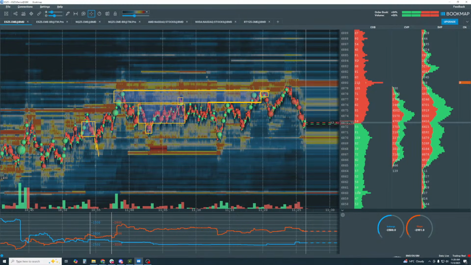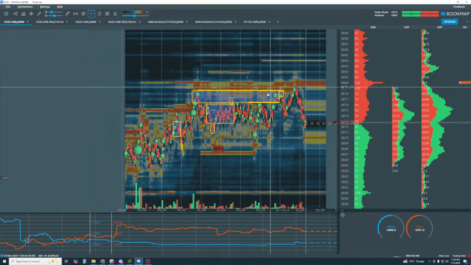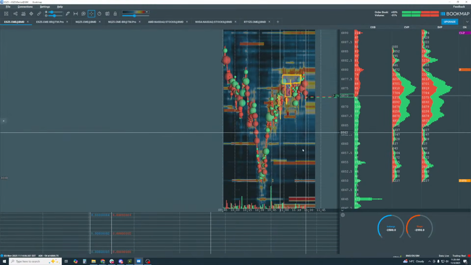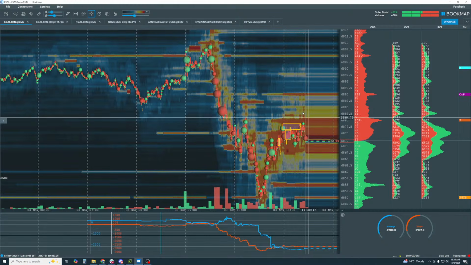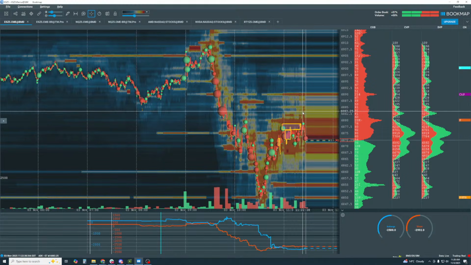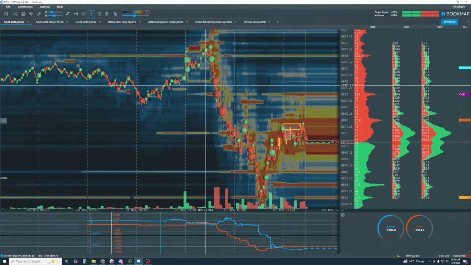Yeah, this market's gotten very choppy here. All right, let's zoom out. Let's look at our bigger picture in here. What's happening? Okay, so this is a really nice sell off here from the cash open, and